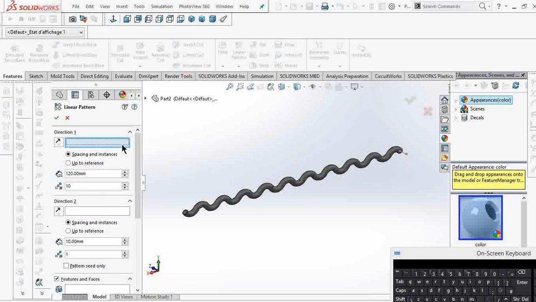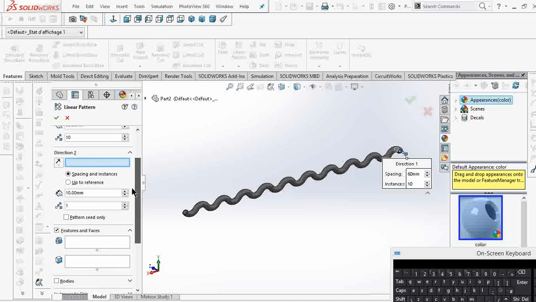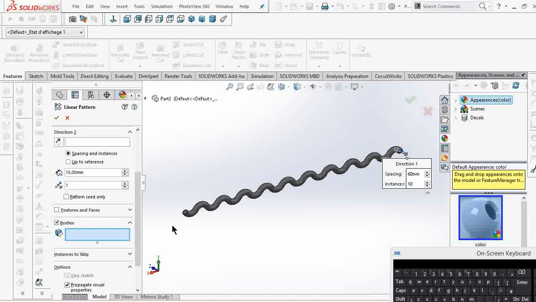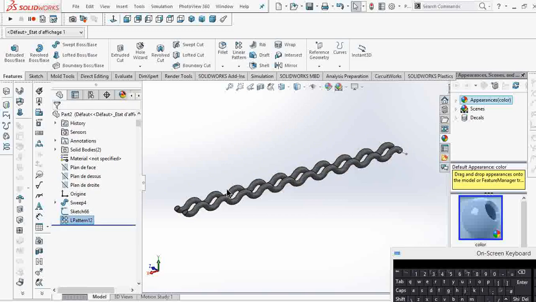Once on linear pattern, our direction, we choose this line. Then the spacing, we put it at 60. Then we choose bodies. We are not choosing feature but the body. We select this. Then for the number, we put it at 2. Okay. Once that has been achieved, we are going to